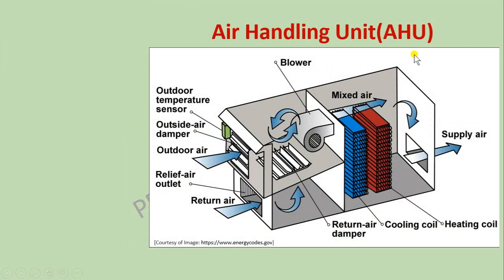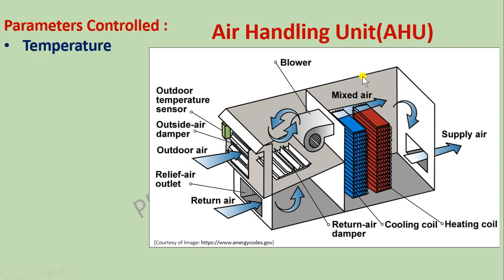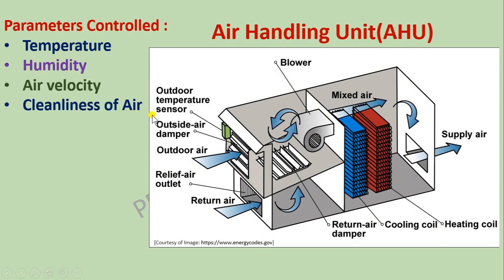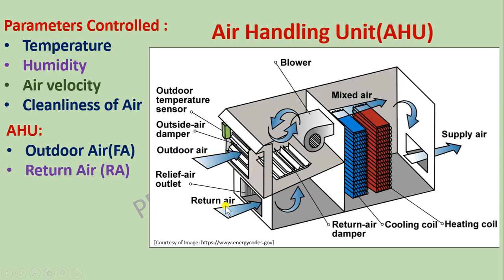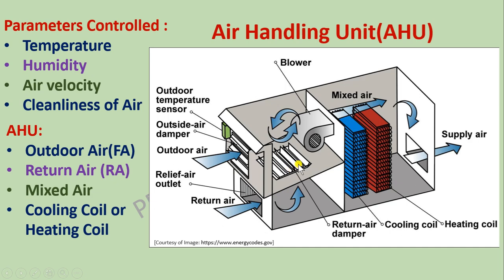Air handling unit, which is used to supply the air to the room. So, it controls the following parameters: temperature, humidity, air velocity and cleanliness of air. Air handling unit. Fresh air is passing inside the air handling unit and return air is given out. Inside this unit, both airs are mixed and these are passing over the cooling coil containing chilled water of 7 degrees Celsius temperature. Thus, the air which is supplied, that is at 13 degrees Celsius temperature, goes to the room.